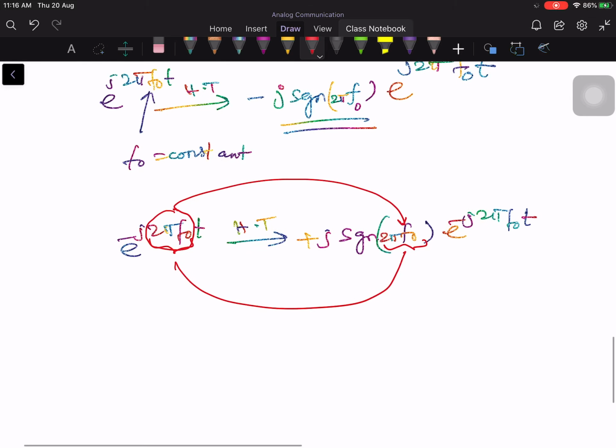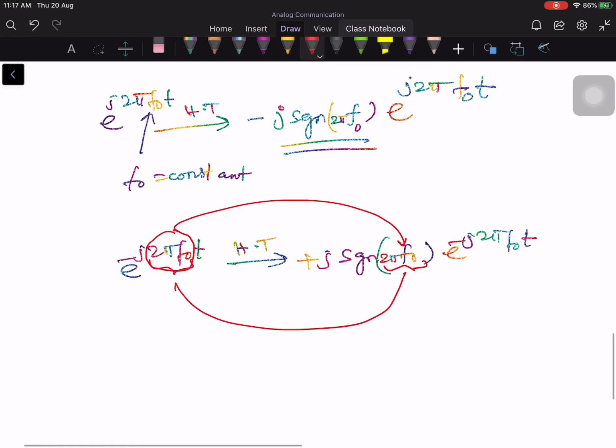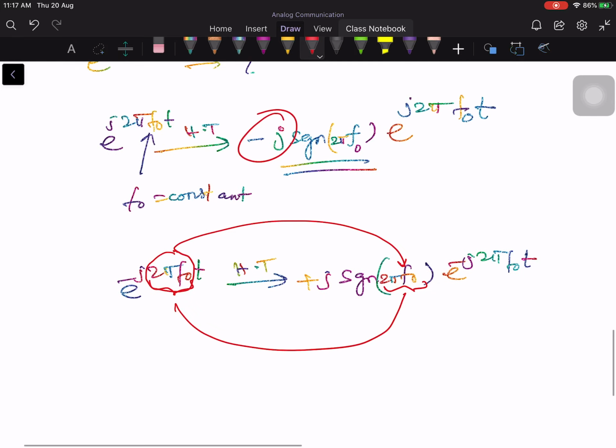So when you have a real signal, there you have positive frequency components as well as negative frequency components. So it makes sense to say that positive frequency component is shifted by minus pi by 2 and the corresponding negative frequency component is shifted by plus pi by 2. Okay, that is multiplied by plus j or minus j. So this minus j indicates minus. Okay, so when you have a complex exponential, then you have only a single frequency component, either positive or it is negative.